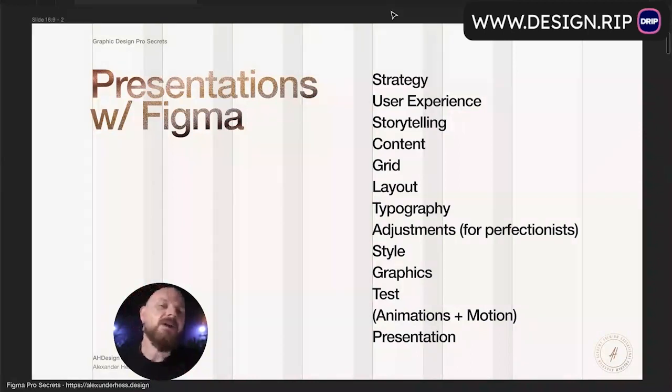I haven't included colors here, but honestly, colors is also an important thing. I just thought that it would be great to cover them in styles. Okay, let's go one by one. Let's cover each of these items